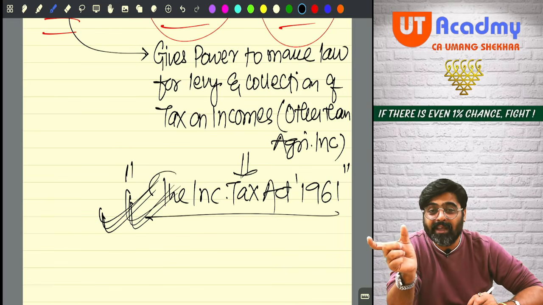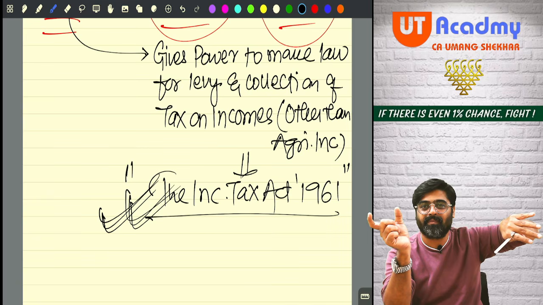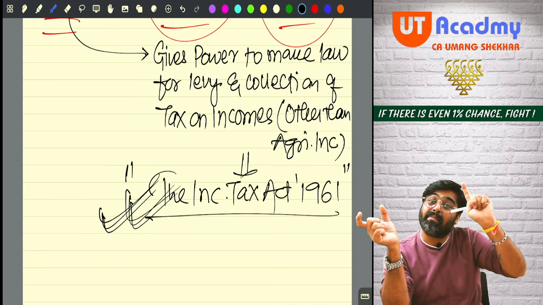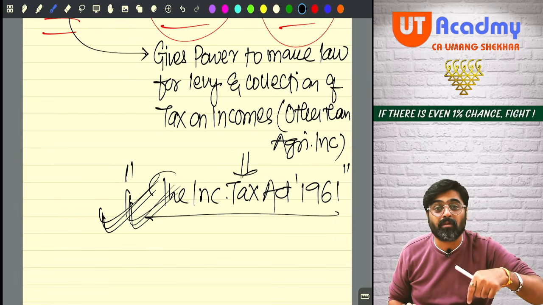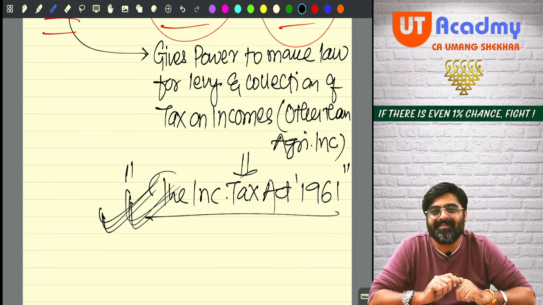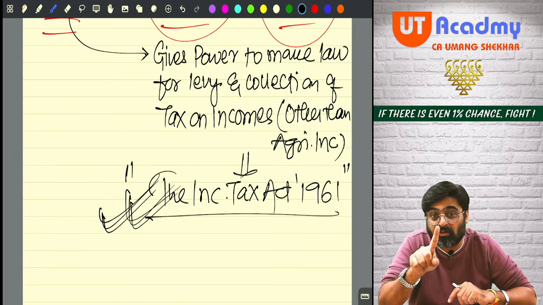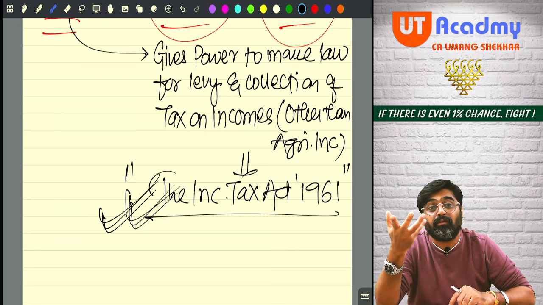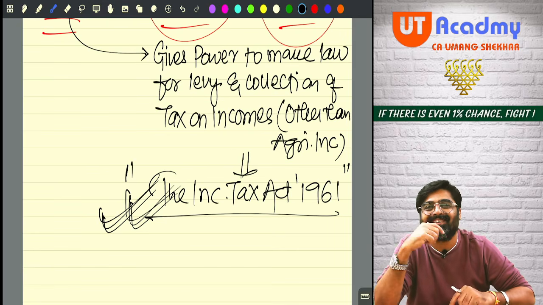So, income earned anywhere in India other than agricultural income, on that income tax will be levied and collected by the central government only as per this law, because this law gives the power to the central government to levy and collect taxes on all the incomes in India. And the central government is getting this power through this law, but this law is not made by the central government, this law is made by Parliament. Understanding? And where did the Parliament get this power to make this law? Through Entry number 82 of the Union List.